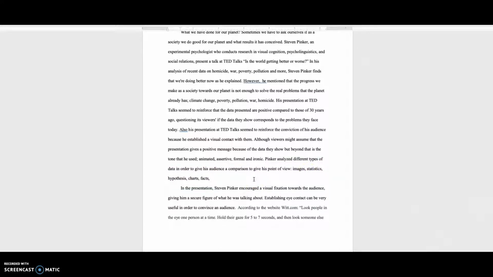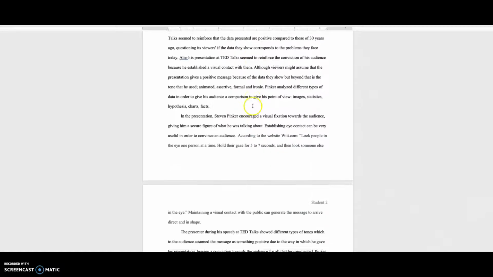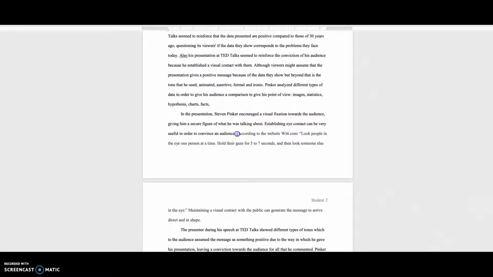So one tip is to look at the language of the prompt that talks about claims, that talks about evidence, rhetorical appeals, and those could serve as a foundation for your intro. So this starts off well, and then you'll notice that every paragraph has a point. We looked at the From Summary to Analysis handout, and the point is, well, what is this paragraph going to talk about? In this case, it's the section of the essay about how the speaker keeps the audience engaged. This is about eye contact.